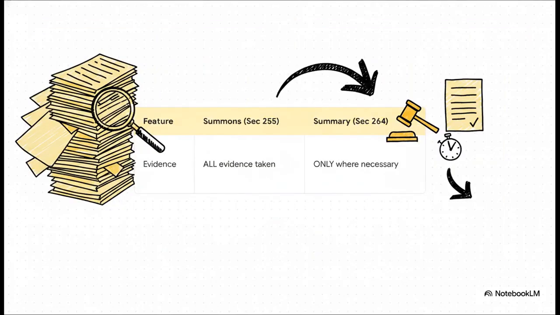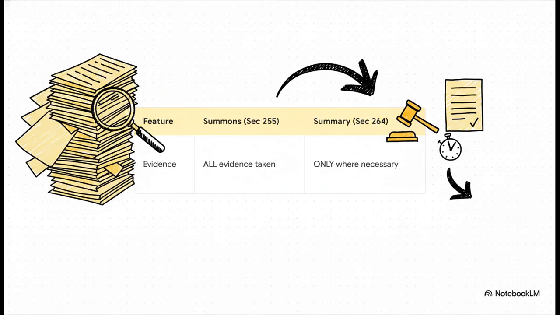Wow, when you compare the evidence recording requirements, the difference is massive. A summons case actually requires all the evidence to be taken down. Exactly. Under Section 255 for summons cases, the magistrate has to take all the evidence produced by both the prosecution and the defense. But in a summary trial, Section 264 says the magistrate records evidence only where necessary for the ends of justice. That gives the magistrate immense discretion to just note down what is absolutely necessary and then move